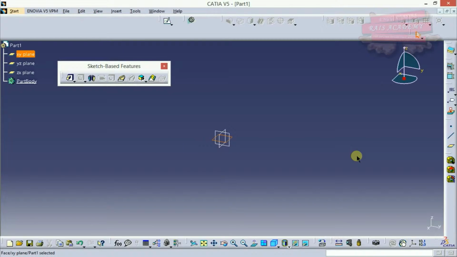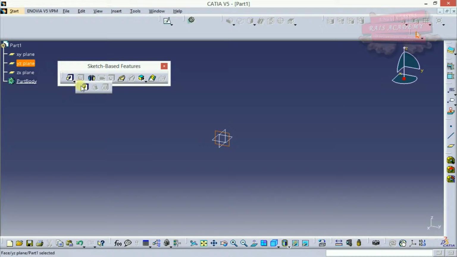Today I would like to tell you something about 3D modeling. In 3D modeling, basically we select a plane, draw a figure on that plane, and convert that 2D object into a 3D object by using some features known as 3D creation features. These features are given in the sketch based features toolbar. We're going to look at each and every feature of this toolbar.